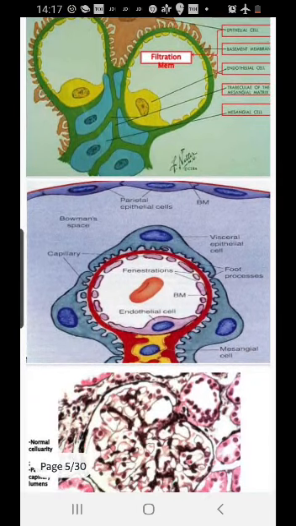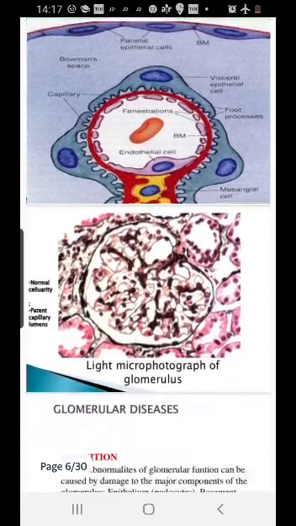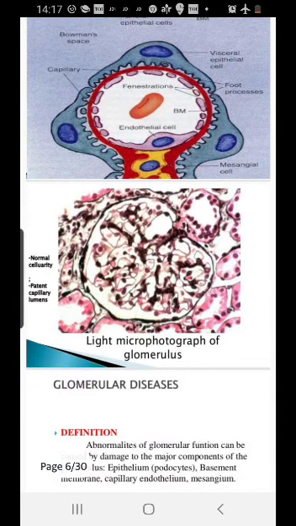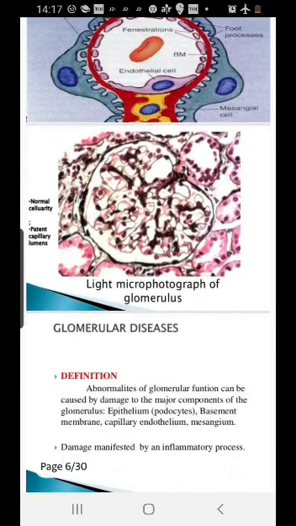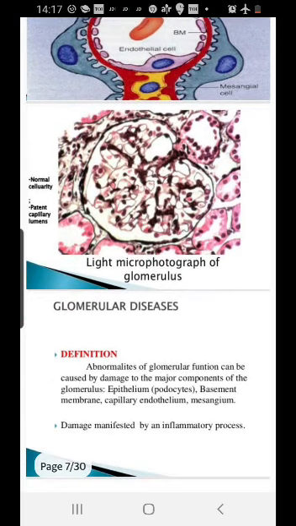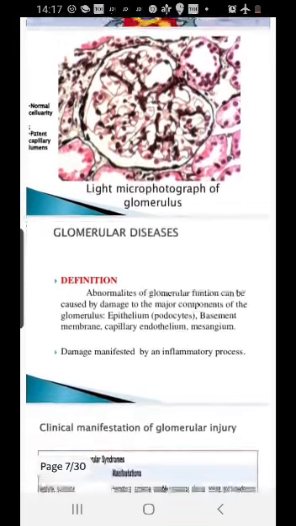So this is again a clear picture in which we see the capillary loop, parietal epithelial cell, visceral cell, foot processes, and mesangial cells. And this is what we see under light microscopy. You see the normal cellularity, the loops, and the visceral cells, which are not very clear, outside the capillary loop, and inside we have the endothelial cells. The cells lining the Bowman's capsule are the parietal epithelial cells. So this is the normal cellularity with all the loops patent, not thrombosed, allowing the circulation to move ahead.